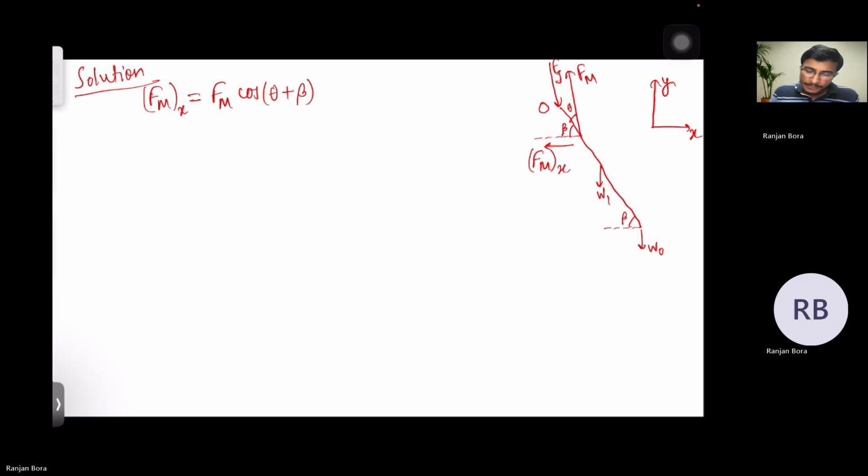And the y component is Fmy equal to Fm sin(theta plus beta), and it will act vertically upward. Okay, so next,